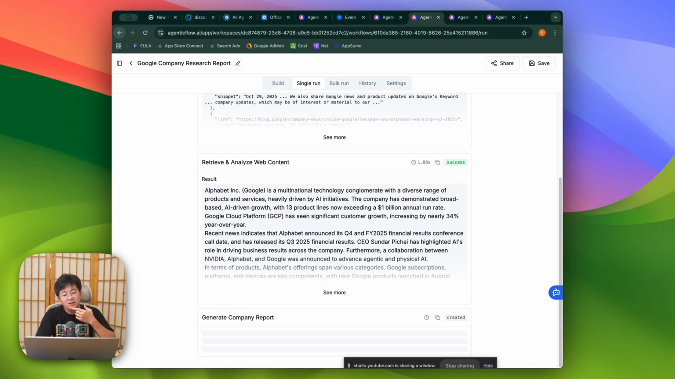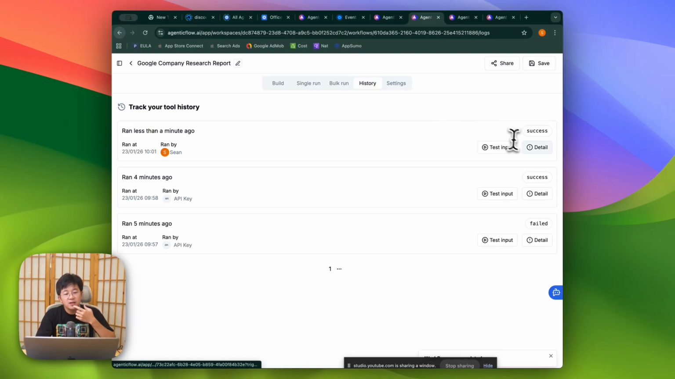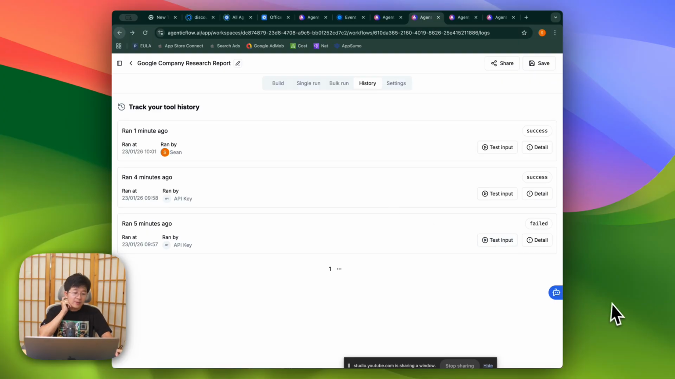Not as fast. Why? Go back to history. Oh, it's a set. It's actually a set and working. Maybe just because the report is very long, so it takes some time. But anyway, you can see that the first time we built this one, Ishi took 20 minutes